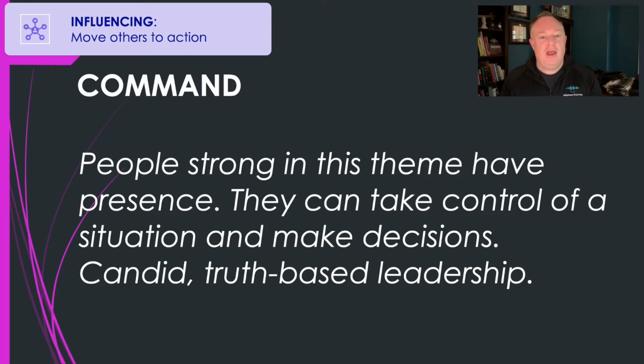Those roles, and if you're strong in command, a potential blind spot could be you trying to exhibit your command and then butting heads with others with command. So, for example, this idea of too many cooks in the kitchen could be a blind spot for you. Some ideas to feed your dragon and build on command: practice using the right tone and choosing your words to prevent being off-putting or aggressive, but instead, you want to strike a chord and be more persuasive.